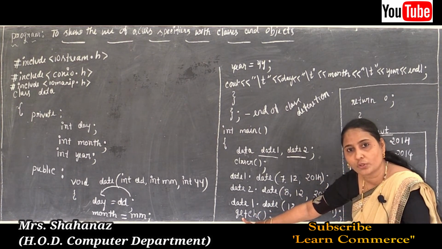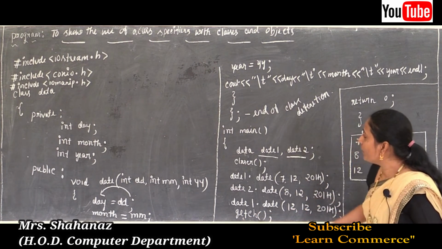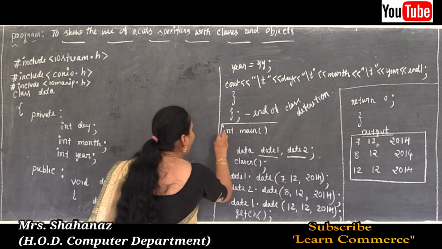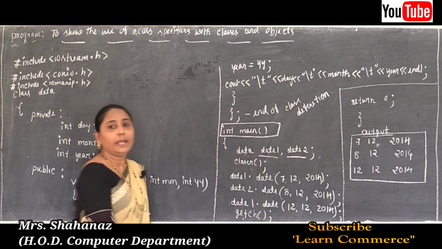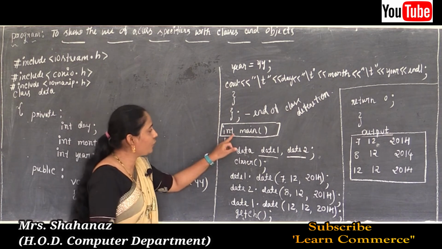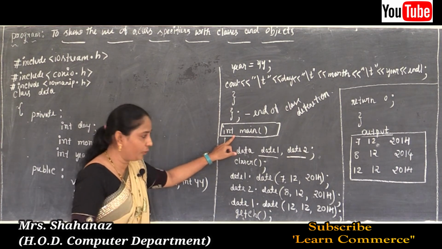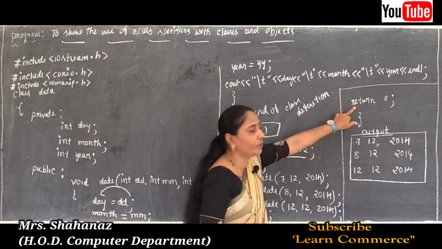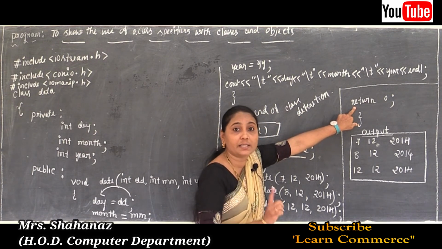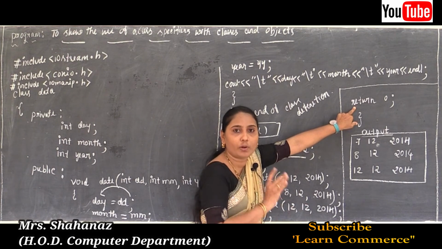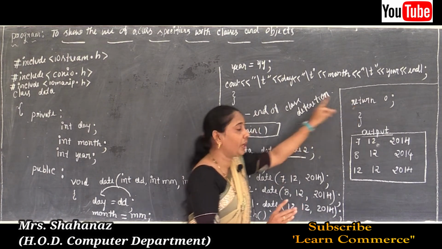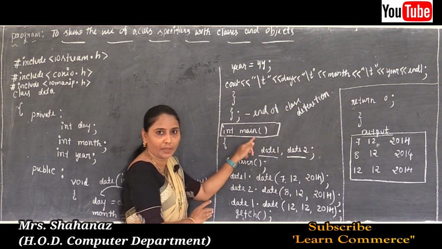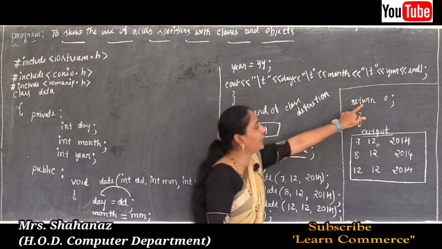And later, after accessing the object with the member function, afterwards getch to close the file. Okay, and you should remember it. Why? Because I used the main function as int main. We know that if you are using int main as the main function, then such one is going to close by using return 0. It is going to return the value from one function to another function. Or maybe if you are using void main, then no need to use return 0.